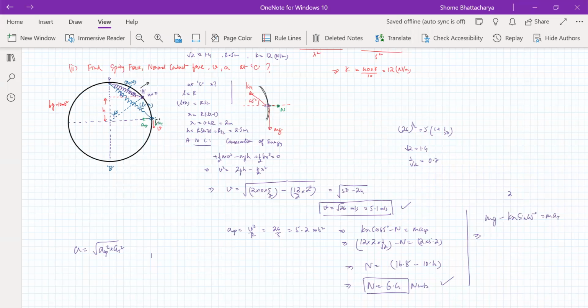So 20 minus 12 into 2 into 0.7 is equal to 2 times tangential acceleration. So 20 minus 16.8. So my tangential acceleration is coming out to be 1.6 meters per second square. So that will now tell me that my net acceleration is